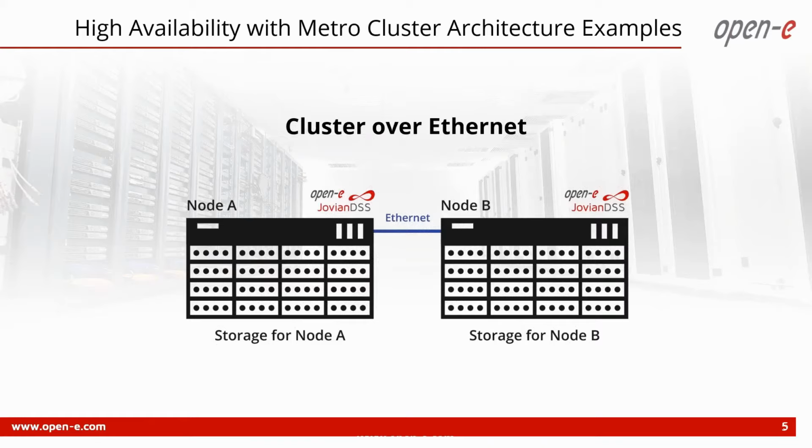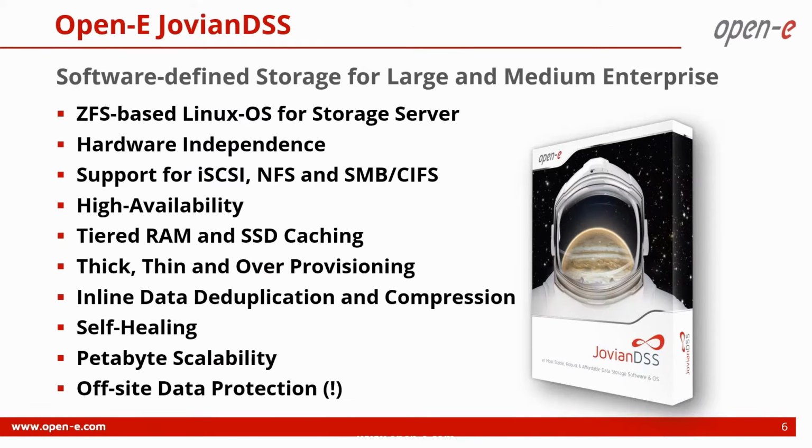And then of course, this is not the system, but we do have other cluster features available to offer those functions. Here is what's called a metro cluster. AIC provides other servers you can use if you're at greater distance than just building to building, let's say up to about 50 kilometers. You need to do this via Ethernet, and you want to replicate your data so you have data redundancy. The product we're talking about is Jovian DSS, which Open-E has had in the market since 2015.